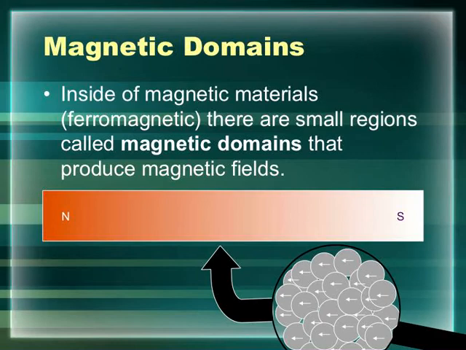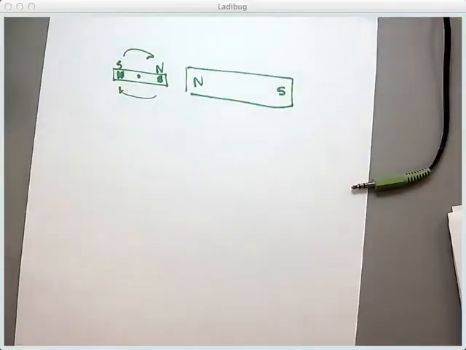So this gives us a few interesting properties about magnets. Okay. And by the way, essentially a magnetic domain is just a group of atoms that all have the same magnetic properties. Okay? And so something is said to be magnetized if all the magnetic domains line up. Okay? So that gives us some interesting properties, and one of those interesting properties is, let's say I have a